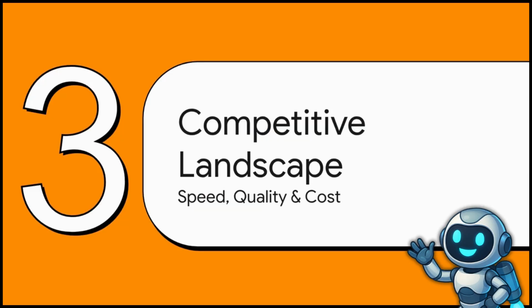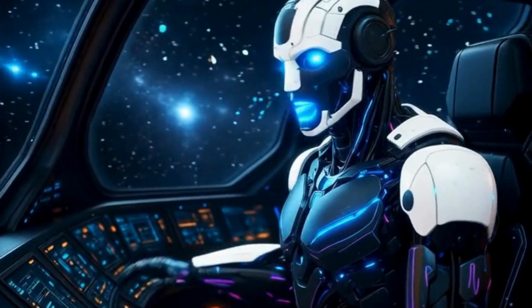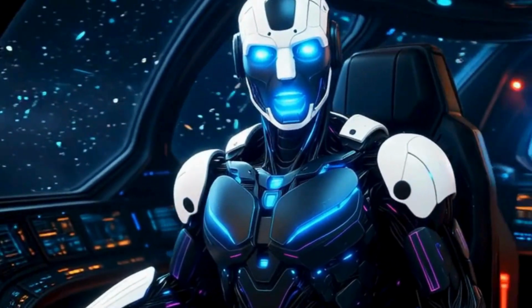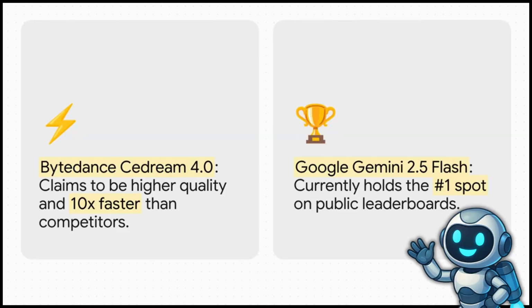Now, this exact same acceleration is happening over in the creative world too, especially with image generation. The competition here is absolutely fierce, and it is driving some incredible innovation in speed, quality, and maybe most importantly for us, cost. So, in one corner, you've got ByteDance, the TikTok company, with their new model called Seedream 4.0. They're making some really bold claims, saying it's higher quality than Google's model and more than 10 times faster. And in the other corner, you've got Google's Gemini 2.5 Flash, which, for right now, still holds that #1 spot